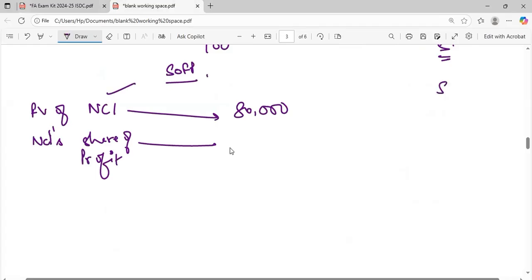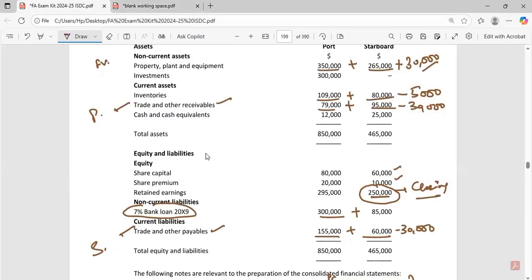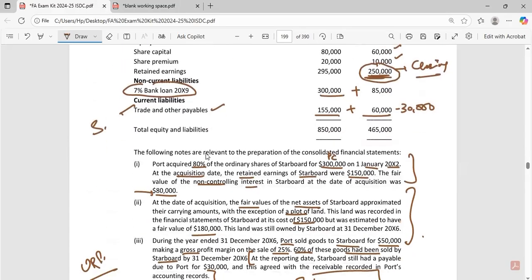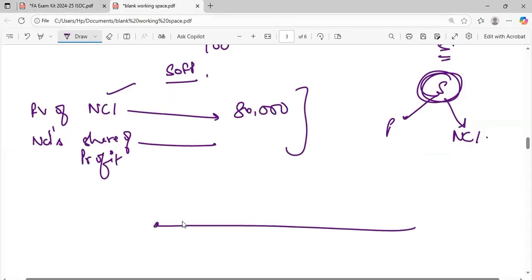So this is a subsidiary company which is owned by parent company and the remaining share is of NCI. Okay, so that's why while calculating NCI, we will look at subsidiary company's profits. Okay, so the closing retained earnings of subsidiary were 2,50,000. Okay, and the opening, which means when the subsidiary was acquired, it was 1,50,000. If I have to draw a timeline over here, so the closing retained earnings are 2,50,000 and the opening were 1,50,000.